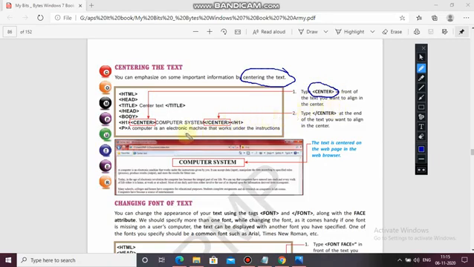So the text which you want to align in center, before that you have to write center in an angular bracket and then close it also, because it is a container tag. So let's see how you will perform this.